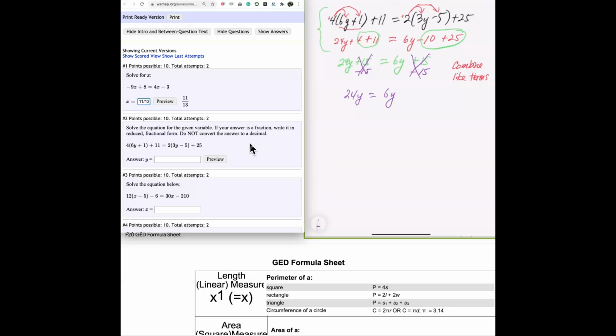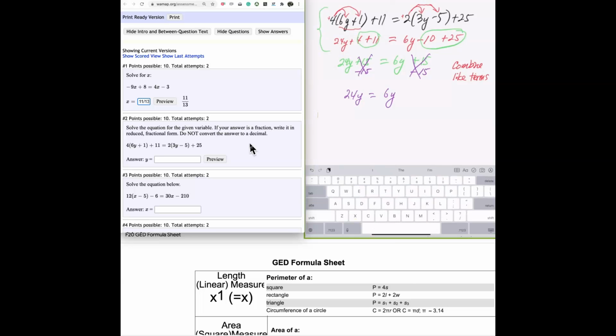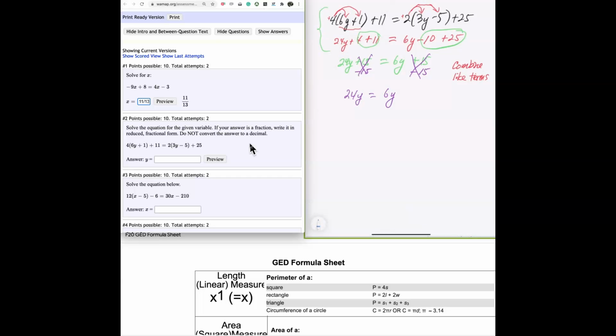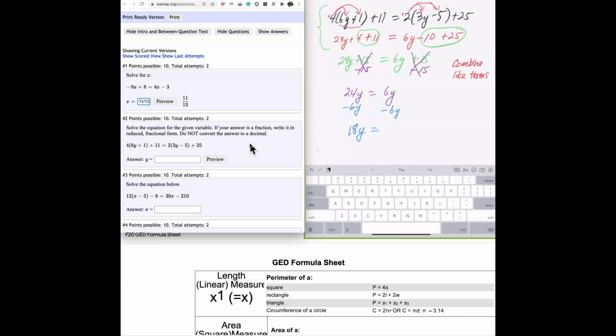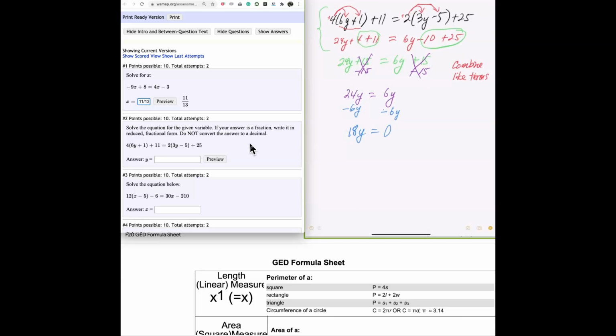And then we just have to combine our terms. Let's get a different color. Here we're going to subtract 6y from both sides. That leaves 18y is equal to, and this has 0. 18y is equal to 0. So this might be kind of a trick question, but if 18 times y equals 0, if we divide both